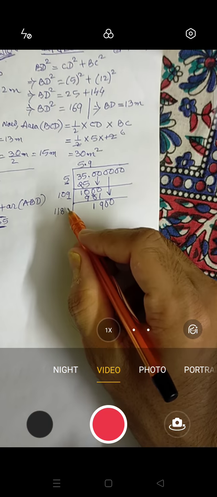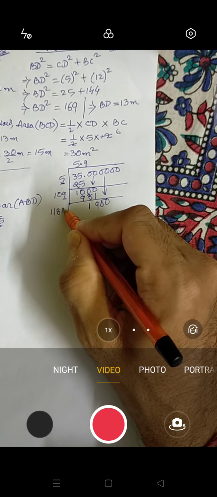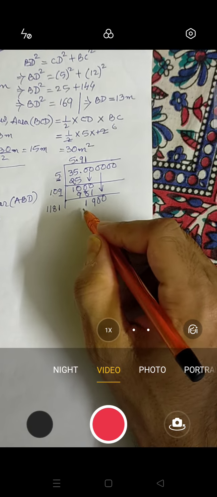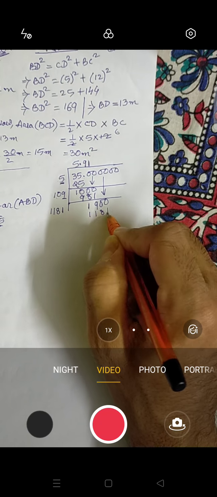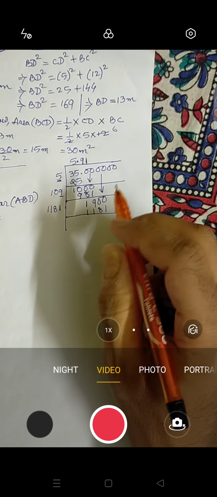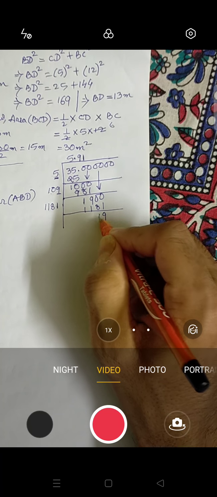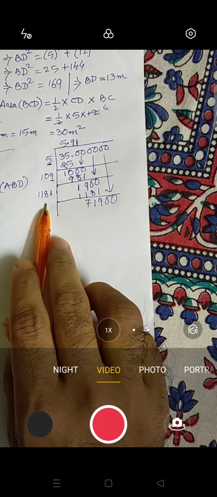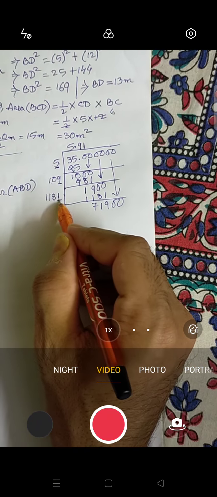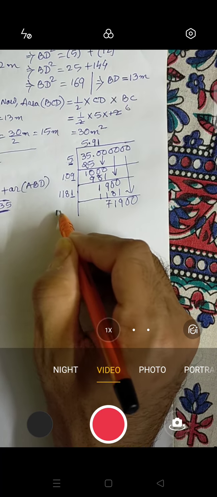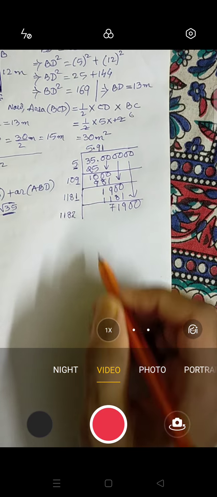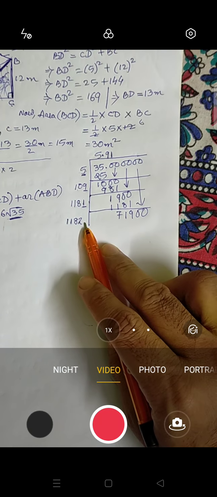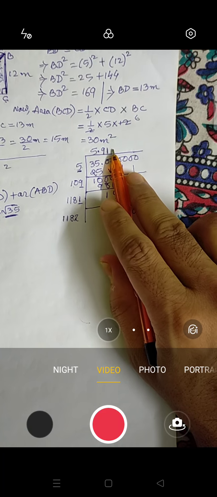Now if you take 2 then it will be very much. So I'll be taking 1. If I take 1, I'll be having 1181. If I take 2, it will become big. So I'll be having 917. Now this number I'll bring down again. Now you can see here which number I have taken? 1. So 1 will be added to this number. So it will become 1182.